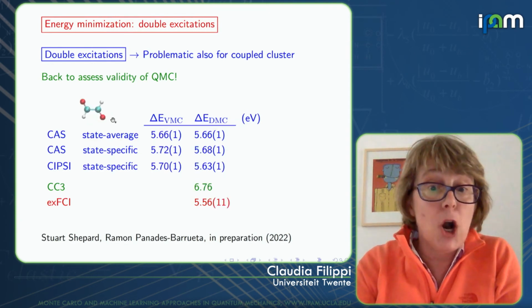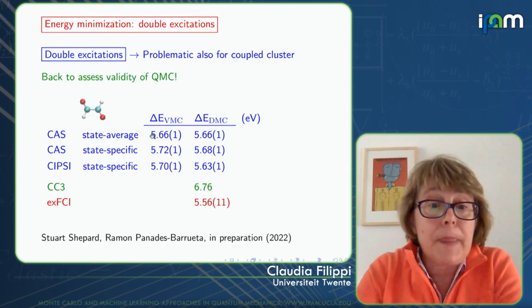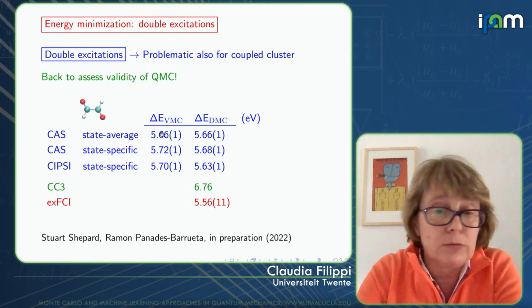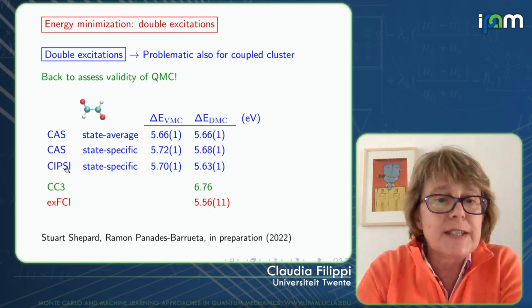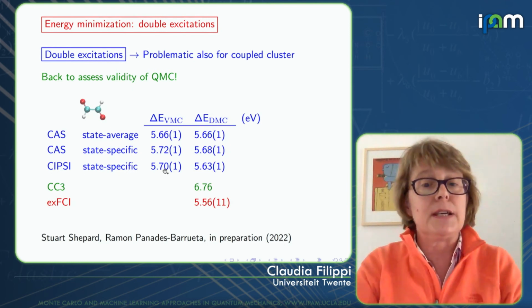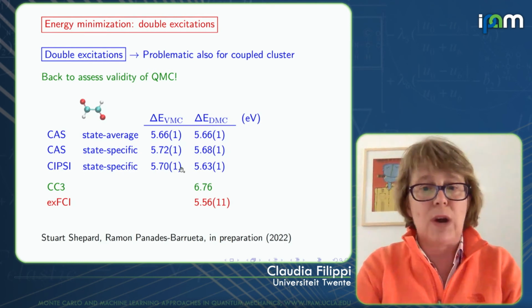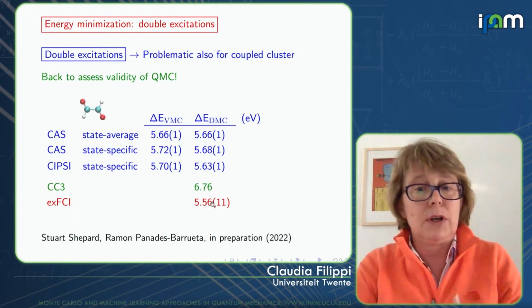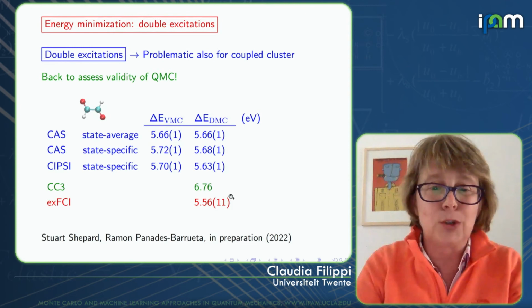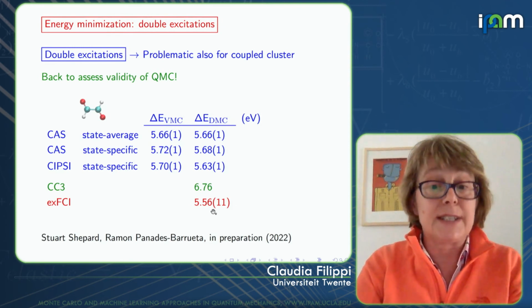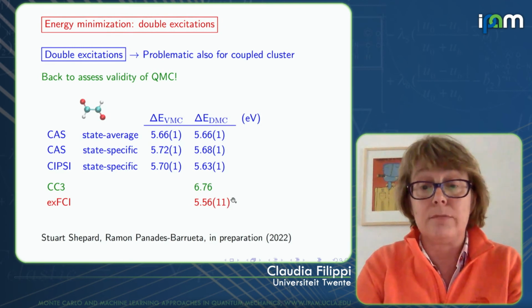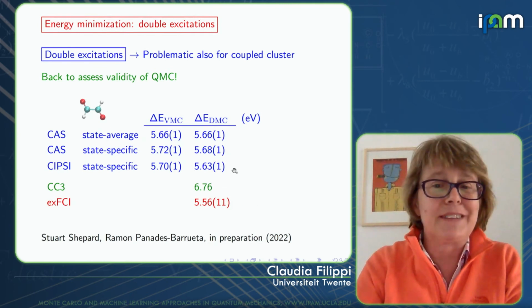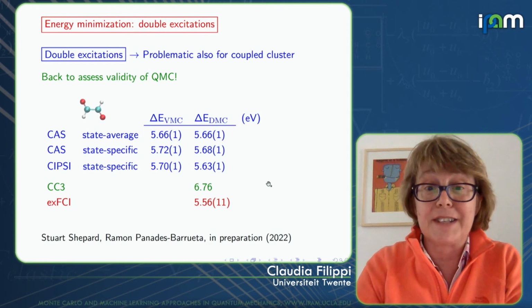There's another one, glyoxal. Again, I'm looking at different types of wave function. The performance in this case of a relatively small CIPSI, state specific, is quite satisfying. Again, CC3 is very high. And here we start to have trouble with extrapolated CI to actually get a reference. As far as we can see, we are in agreement, and we can take the QMC as the current reference.